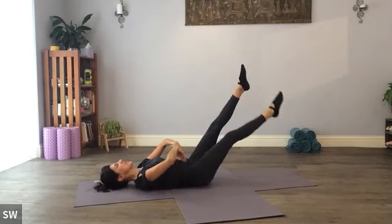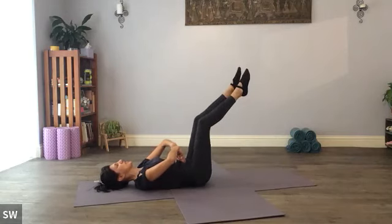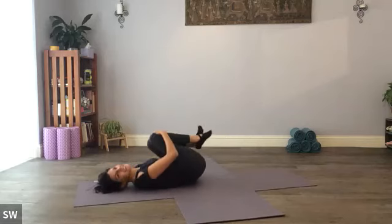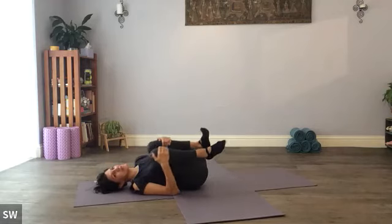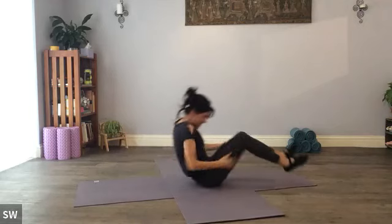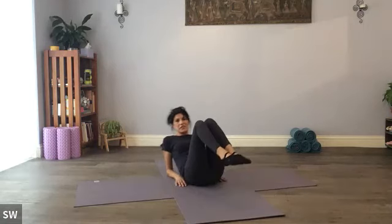Last set, whichever version you're doing, as long as we all feel like we're zipping up those abdominal muscles, it's all good. And then hug the knees into the chest. Quick one for the obliques. If we come up onto the forearms, let's take the can-can. So leaning back on the forearms, let's sway the knees, lift the feet, sway the knees over to one side,